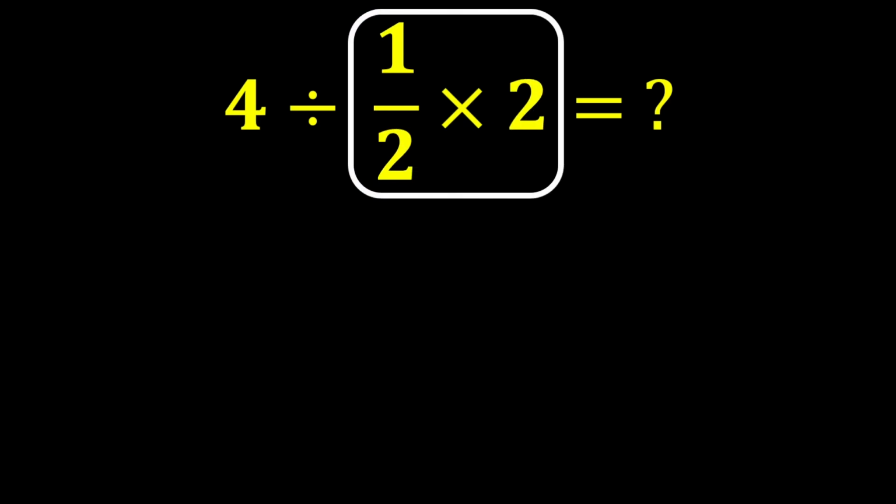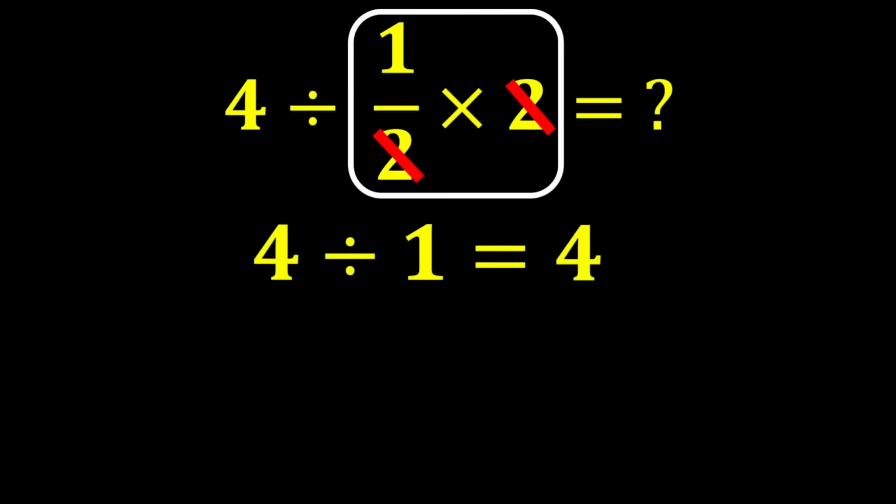First, we perform this multiplication, 1 over 2 multiplied by 2. This 2 and this 2 cancel each other out, and only 1 remains. Finally, 4 divided by 1 gives us 4. But this answer is not correct, because we did not follow one of the most important rules in mathematics, called